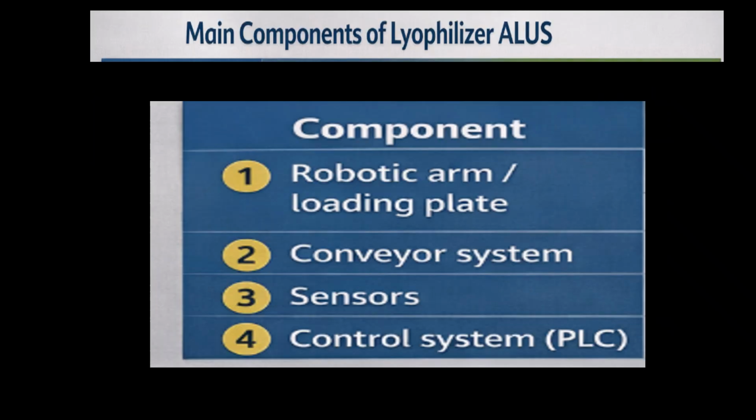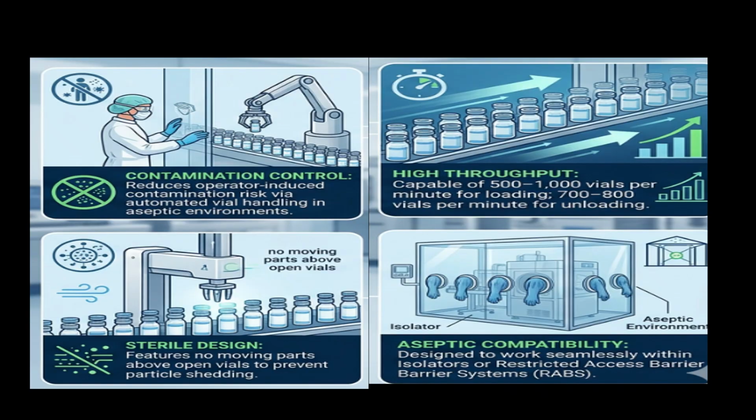Main components of lyophilizer ALUS. The main components of the automatic loading and unloading system are robotic arm or loading plate, conveyor system, sensors, and control system, that is, PLC. Core functions of the automatic loading and unloading system are contamination control, high throughput, sterile design, and